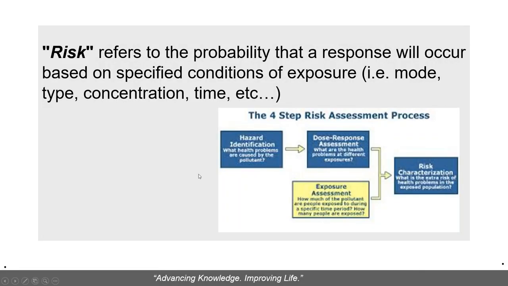And then risk, that probability, I've included the diagram about the 4-step risk assessment process. I think it's important for you to be able to differentiate between risk that is qualitative and risk that's quantitative. You don't need to certainly know how to conduct a risk assessment, but you see that within the 4 steps here, hazard identification is a fundamental starting point, and then answering the question, what are the dose response?